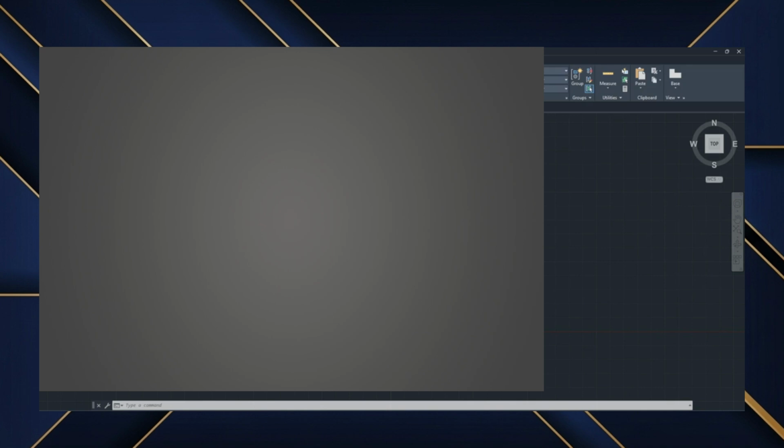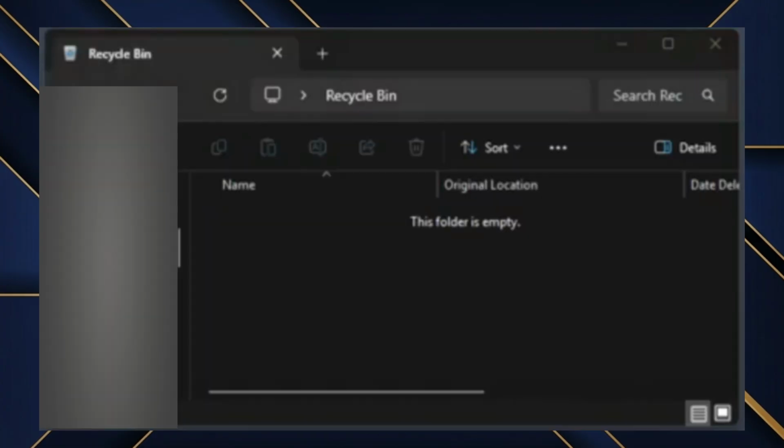In this video, I'm going to show you how to recover a deleted AutoCAD drawing. Start by checking your computer's recycle bin, as the deleted DWG file may still be there and can be easily restored. If the file is not in the recycle bin, look in the folder where the drawing was originally saved